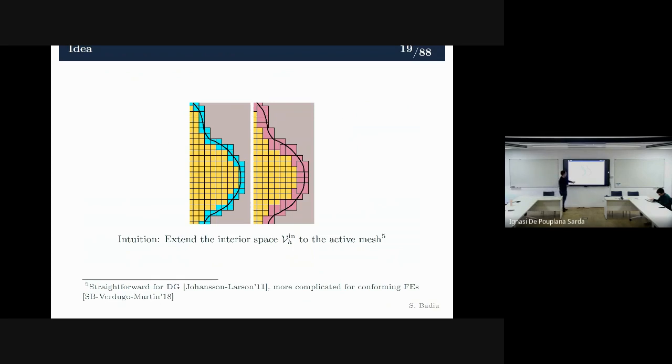And I have to say that this is something that's obvious in DG, because in this discontinuous Galerkin method, you can have a polytopic mesh and nothing changes, let's say. So for DG, there is not any issue. When you go to CG, things, as we will see, are slightly more involved, because you need to enforce continuity across these weird, let's say, aggregates that can have somehow arbitrary shapes. Okay, so